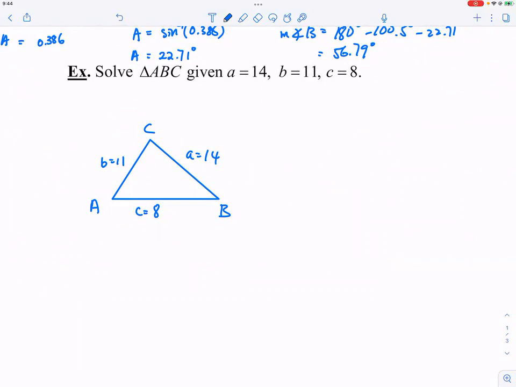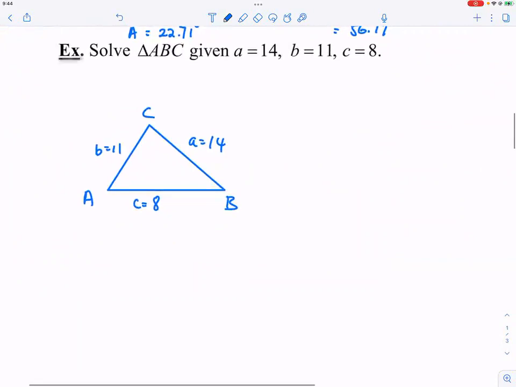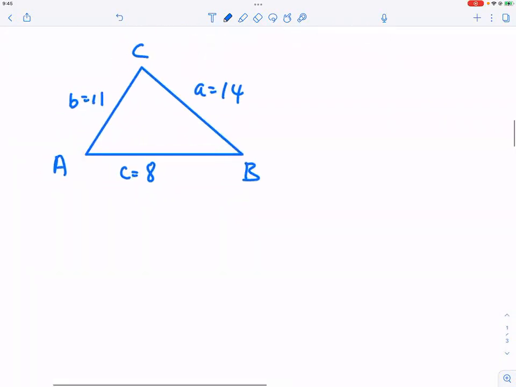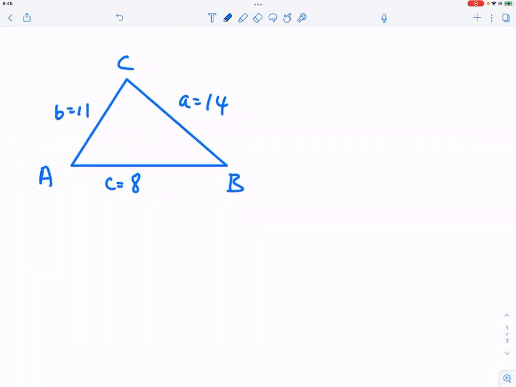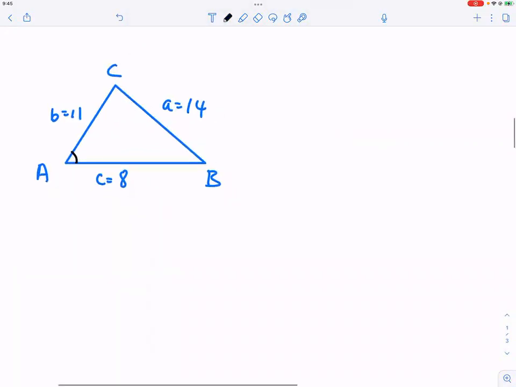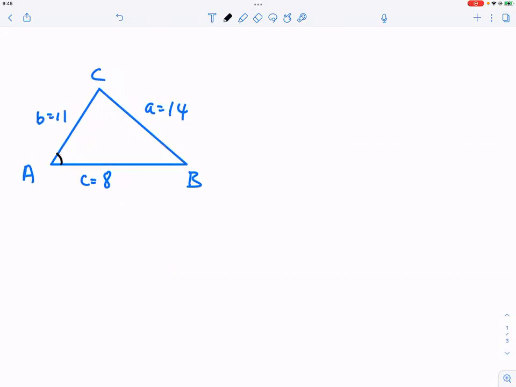Okay, so again, you have your tools: law of sines, law of cosines, adding angles up to 180. Okay, so go ahead, take a minute, 2 minutes to do it. Now, there's no particular order of which angle you want to find first, as long as you find it correctly. For me, I'm just going to go ahead and find out angle A first, in triangle ABC. So for me, I would do A squared is equal to B squared plus C squared minus 2BC